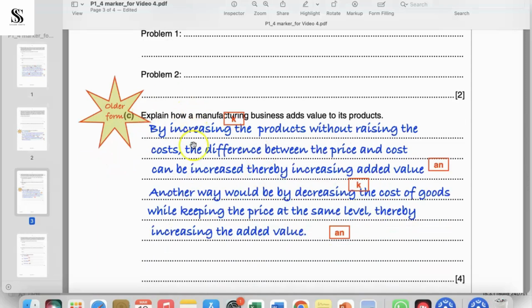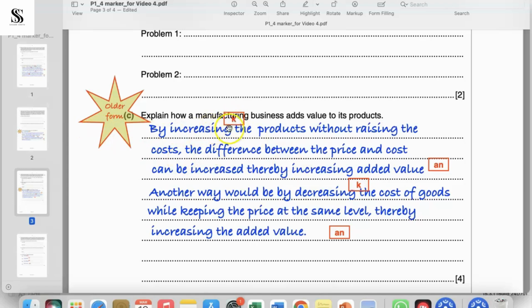Again, the format of the question, the answering field here itself is a pretty old format, so please don't worry about that. Here again, in the newer version, you would have a 4-line field that you just simply have to write in. The question talks about explain how a manufacturing business adds value to its products. Again, it's the same added value, and the answer would go in a similar line as the previous one, by